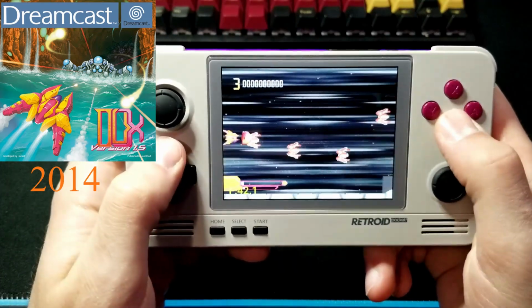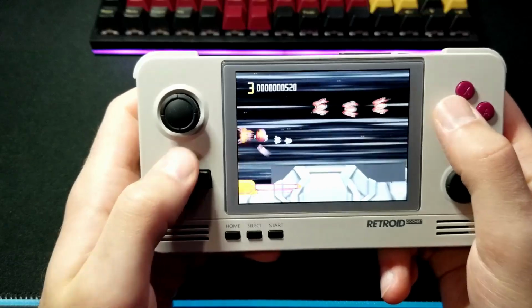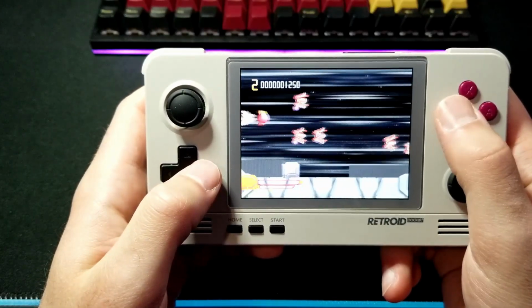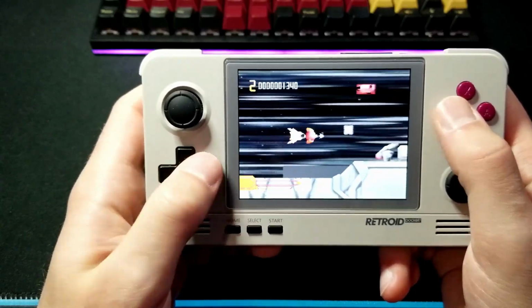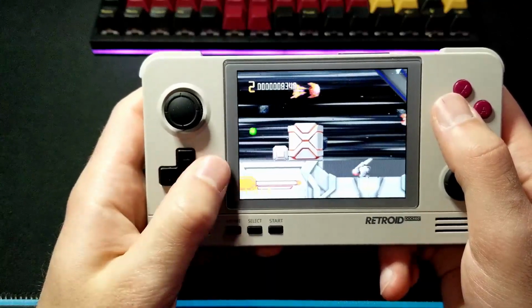Here is Ducks 1.5. It's a 2.5D shoot 'em up that was released for the Dreamcast in 2014. You get a shield on the front of your ship to block bullets. There are plenty of power-ups to increase your firepower throughout the level as you try and reach the end of